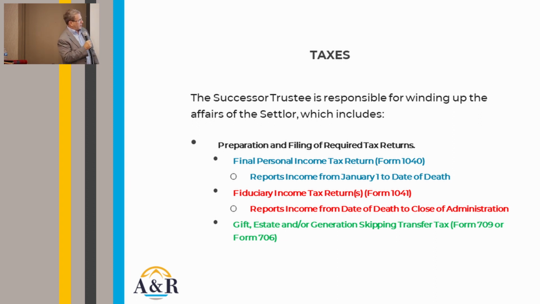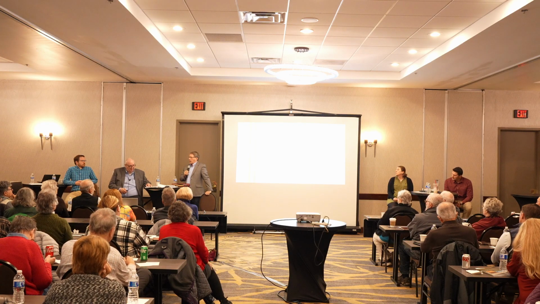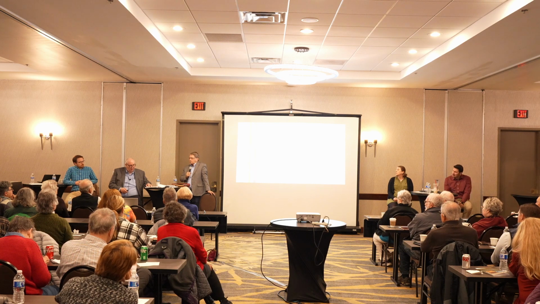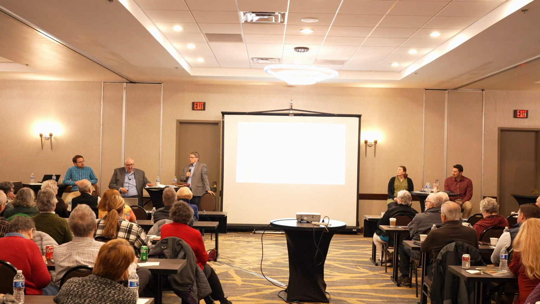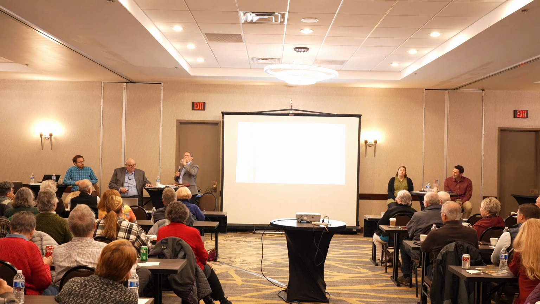And then if there's a very large estate, we would have to also do a gift and estate tax return, and that would be a Form 706. And what would we do a 709 for at death, Mark? Gift tax. You can use a 706 to transfer unused exemption from the first spouse to the second spouse. So if you're planning on dying anytime soon, you want to get that done before 2026, because